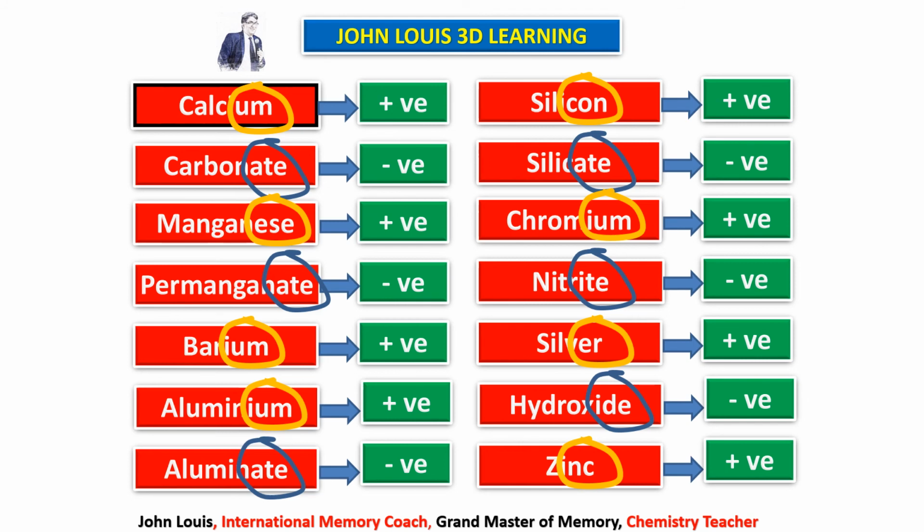I hope you understood this very clearly. So you take your textbook, read out the name of the ions and try to find out yourself whether it is positive or negative for the various ions which are not covered here in this presentation. You got the idea, that is what is my aim. How you have to think, how you can identify on your own without memorizing.